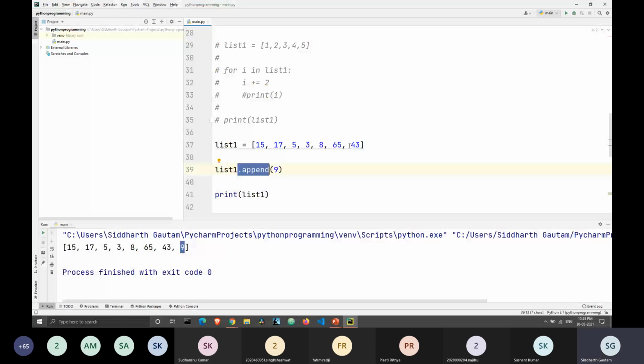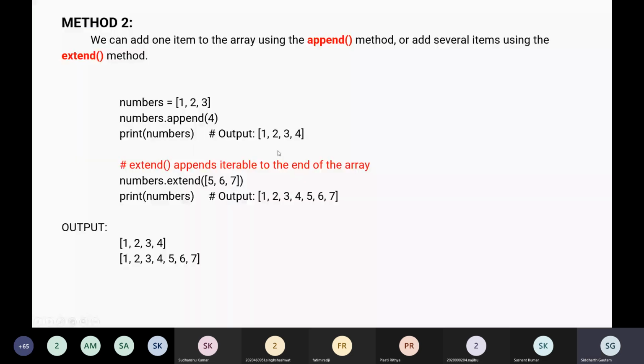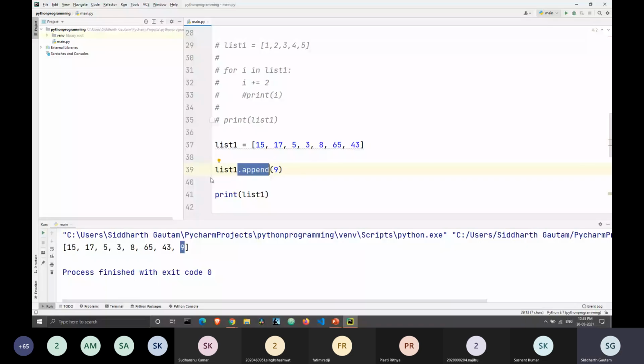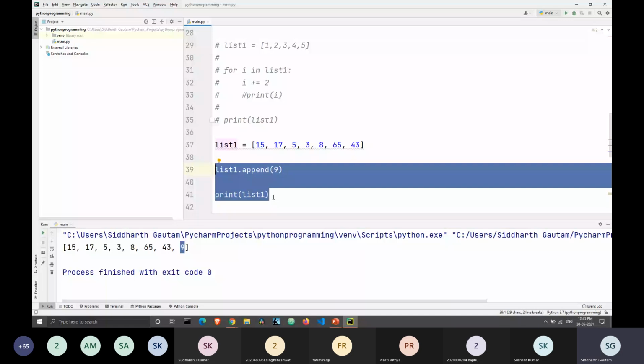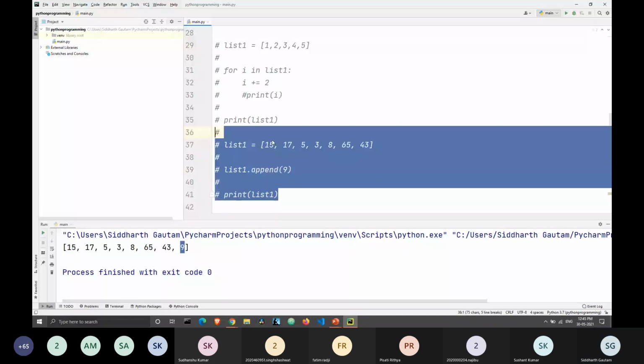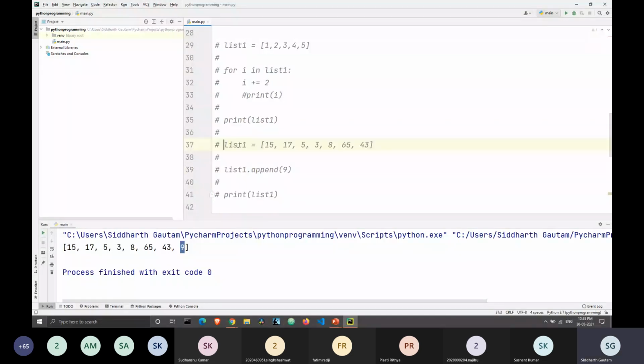There's also another way to extend the list, which we can do using the extend function. Let me comment all of this out, and I will copy my list down here.